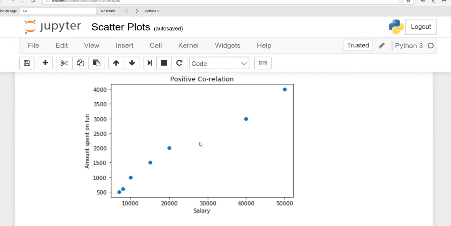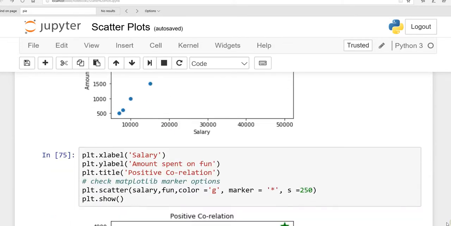Now suppose you want to change the color of these circles, these are called the markers, right? If you want to change the shape of these markers, you want to make them big, right? So different things we can do. So here we will play with this. Here is the color. If you want green, you can write down the complete word green, or in short you can write down the first letter. If you want red, just make it r. And marker, these are called the markers.